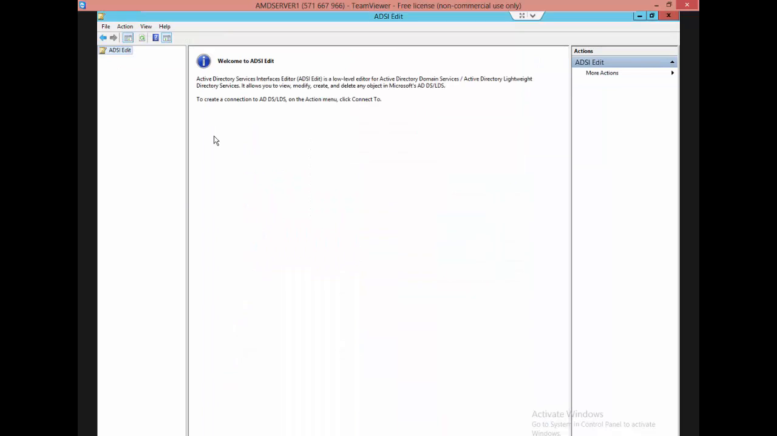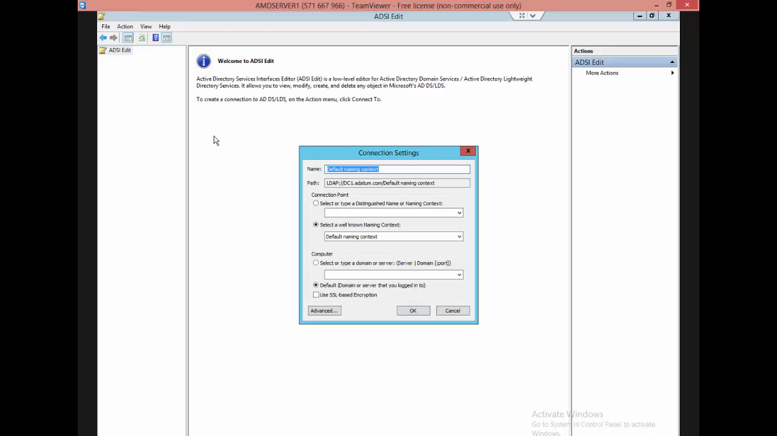So we mentioned ntds is one of the tools you can use to see what is inside the ntds.dit. If you right click on ntds and click connect to, this is telling you which partition of that ntds.dit you want to connect to. Under select a well-known naming context, if you expand that,